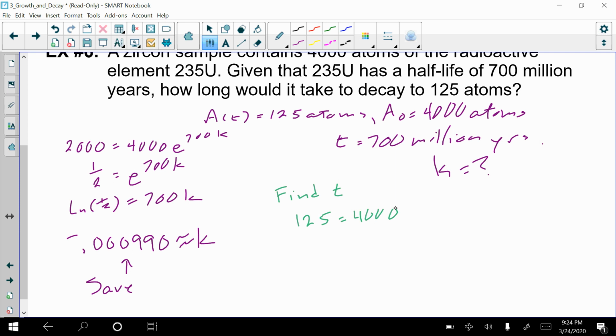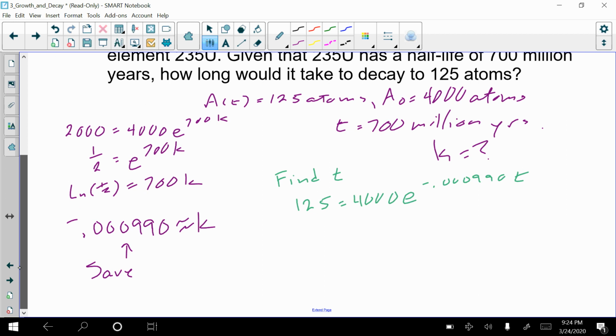And in this case, we have e to the kt power, which in this case is not going to be a very nice number. We'll say negative 0.000990 times time. And now we're going to solve. Once we have the equation written, I don't think it's really going to be all that difficult to work out. Divide by 4,000. 125 divided by 4,000 will give me 1 over 32 to be equal to e to the negative